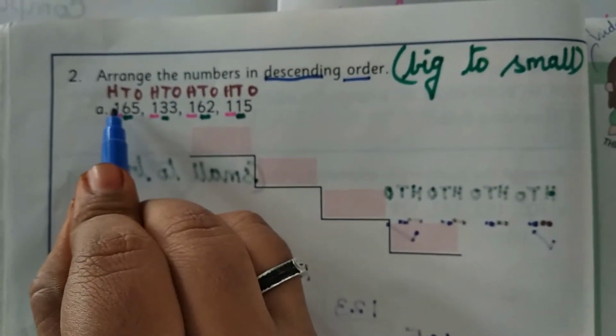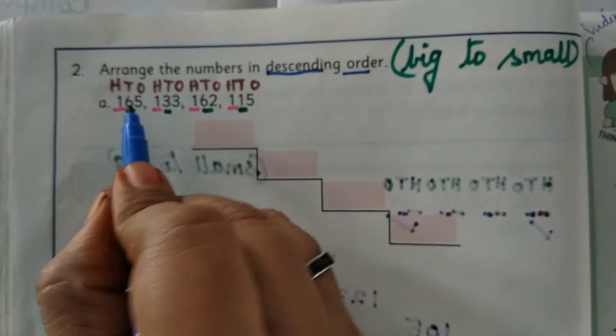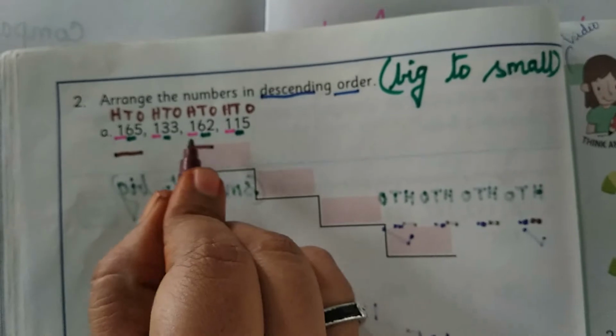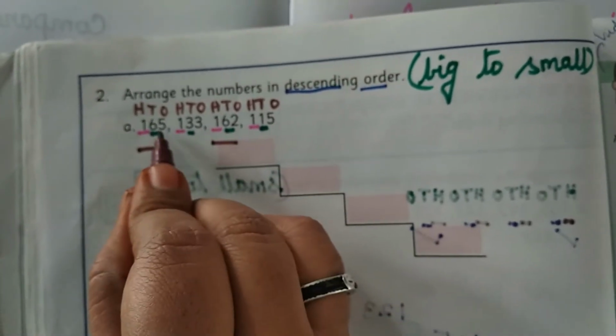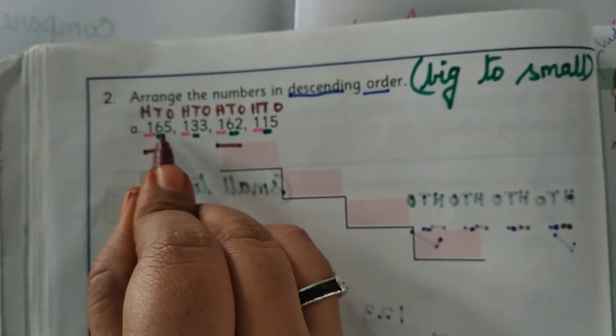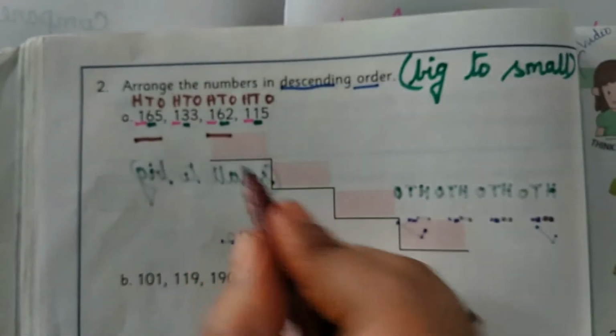So first we are comparing hundreds place and we are comparing tens place. So for tens place, see these two numbers. These two numbers we have same tens. Okay. So we are moving to the ones place. Here 5 ones we have, here 2 ones. So which number is greater ones? Yes, the first number have 5 ones. So this is the biggest number. First you want to write here. Okay. So 165 is the greatest number.